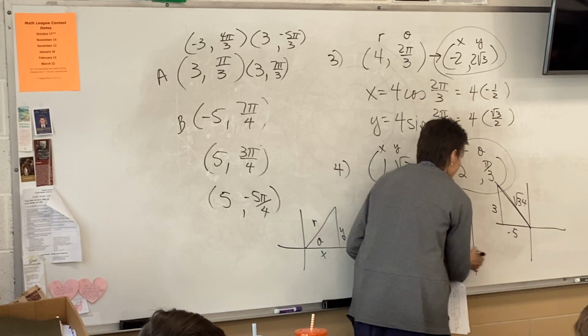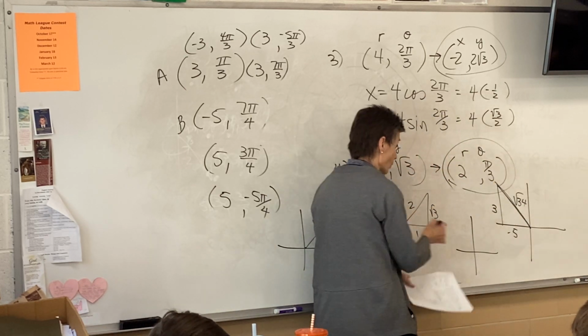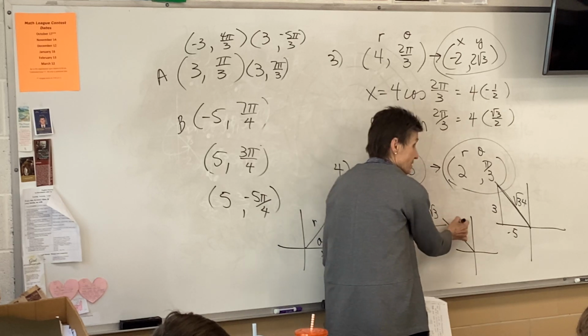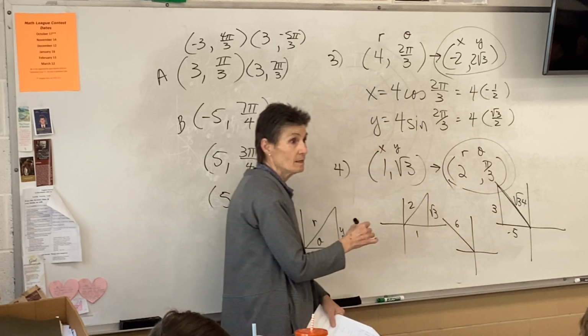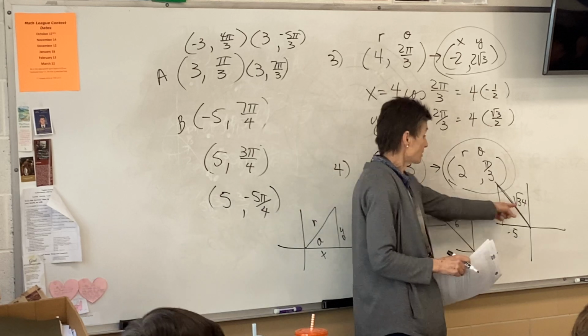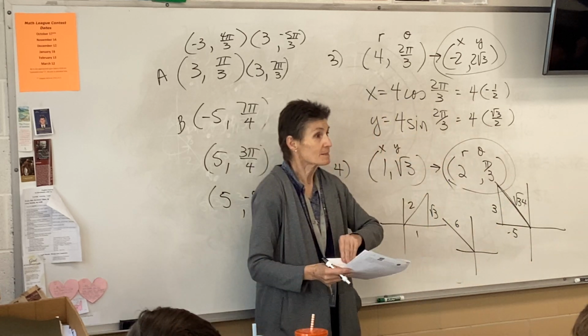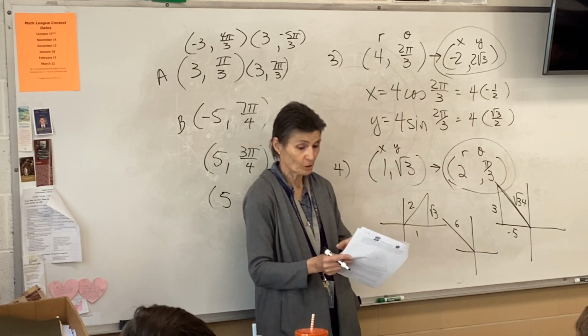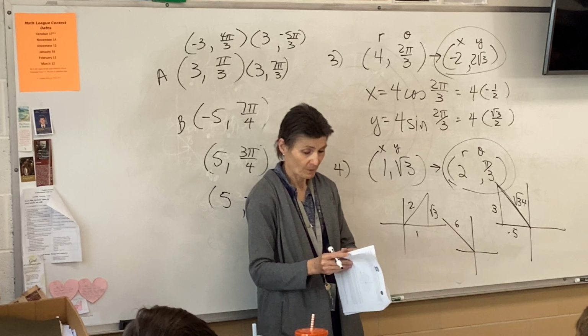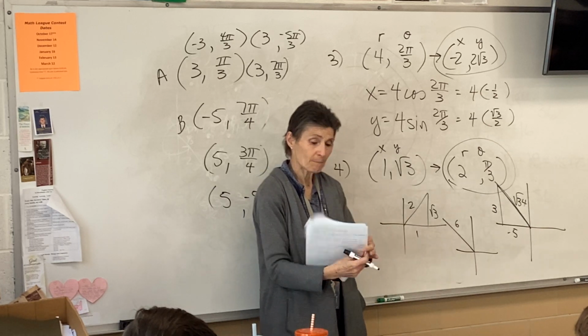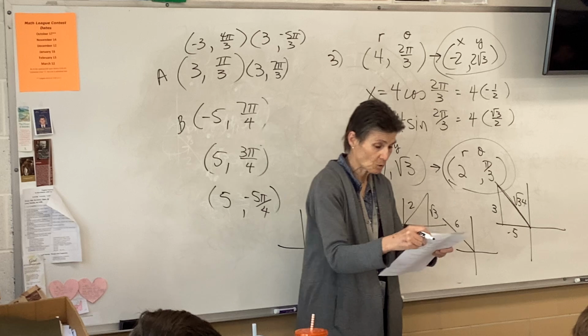How far is the polar point from the origin? 6. The radius is 6. So which is bigger, 6 or root 34? 6. Good work. All right, let's turn that page over and look at the next page where it says, why